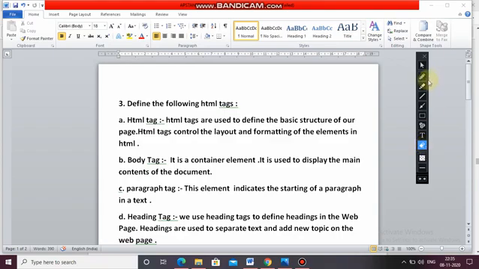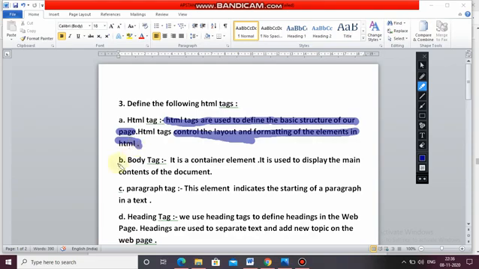Once again I am repeating. Whatever formatting we do, whatever the appearance, the layout of the web page, the HTML tag controls that.